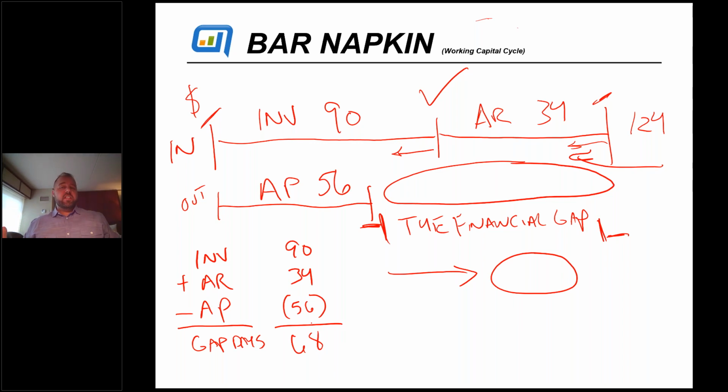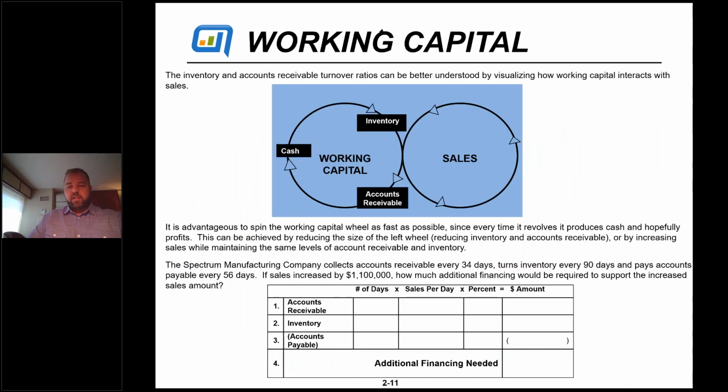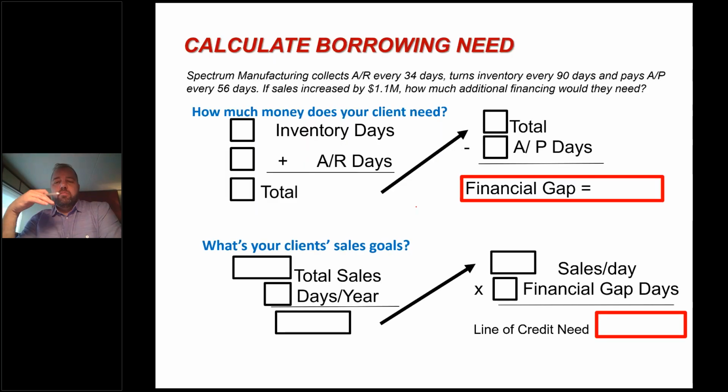How much cash? Well, that's based on either sales or cost of goods sold. The cost of goods sold number is more conservative than the sales number in our case. So let me look forward and calculate that. These are just two circles running in conjunction. Sales drives it, but it's cash, inventory, accounts receivable, and how it comes back. But let's talk about how much it takes to borrow.